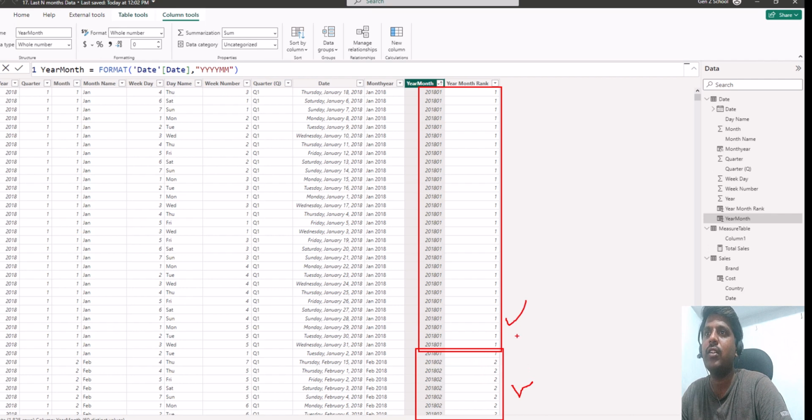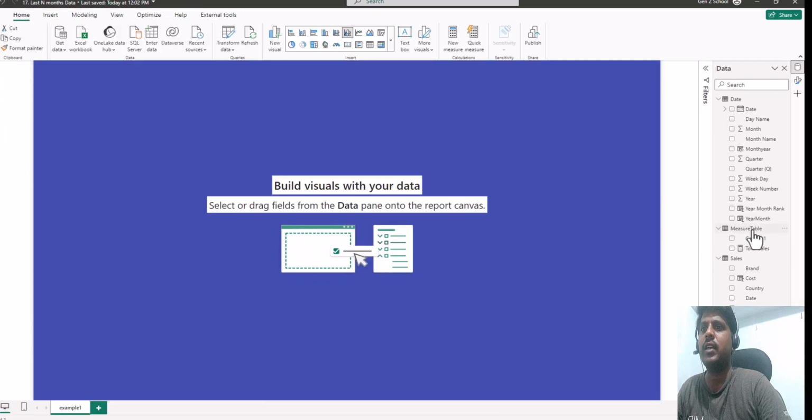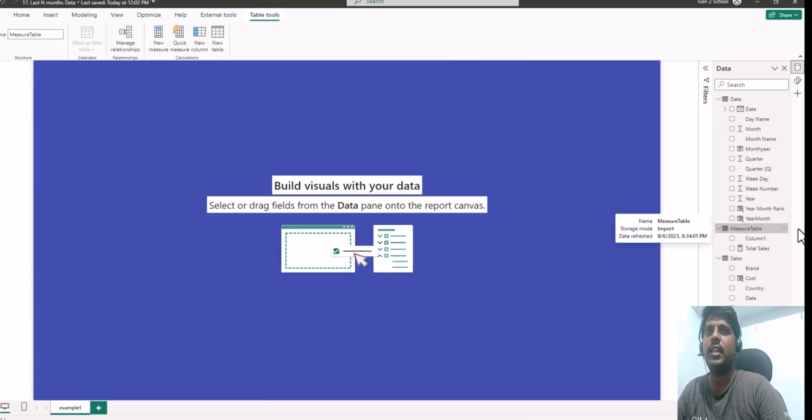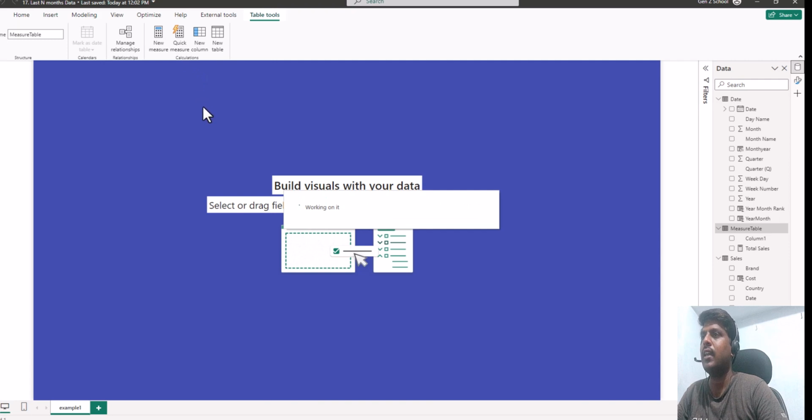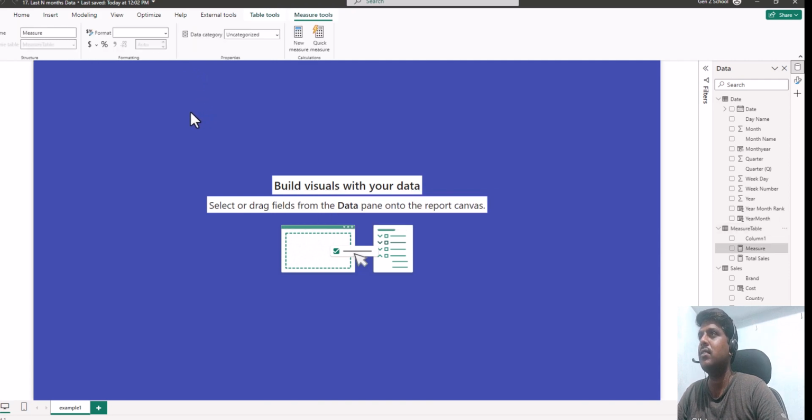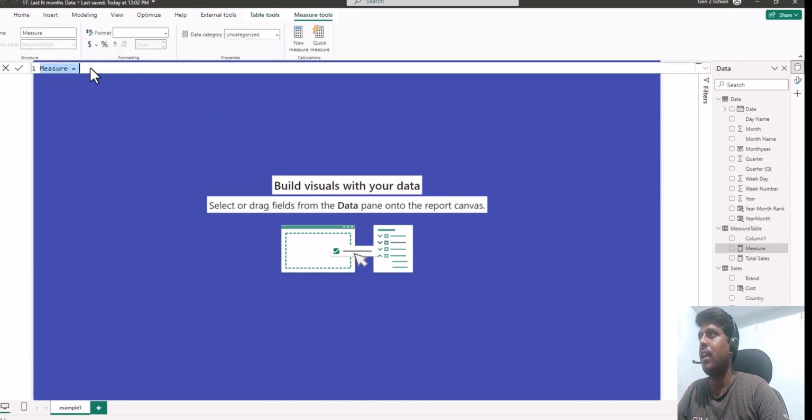It will follow the rank because we calculated based upon this year month in an ascending manner. Let us create a measure here by selecting the measure table. I'll select the measure table and click on creating a new measure. Let us calculate the last 10 months sales value. So here I'll write the name as sales value equal to,